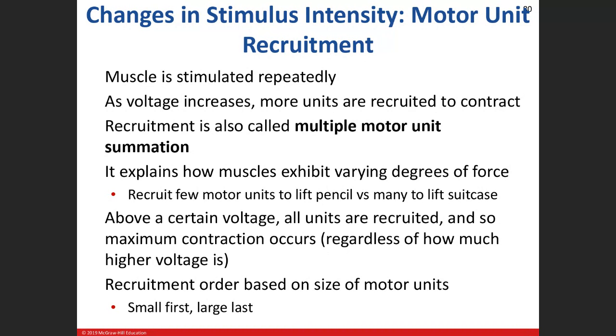Now what happens if we increase the voltage? Wouldn't you think that if I increase the voltage, then I could probably get more muscle fibers and therefore get more muscle tension to occur? Okay? And that whole concept of motor unit recruitment, I'm going to come right back to this slide,